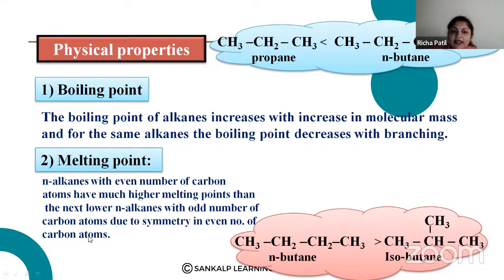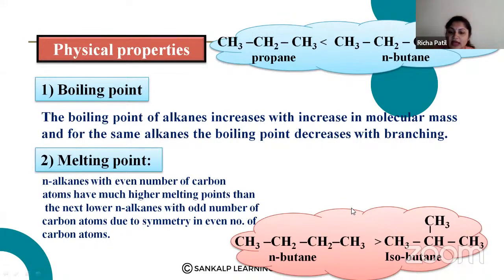With the increase in carbon atoms, what will happen to the molecular mass? It will increase, right? As you increase the carbon chain, the molecular mass will increase, and thus the boiling point also will increase when you have straight chain compounds. And if you have the same alkane in branching form, then